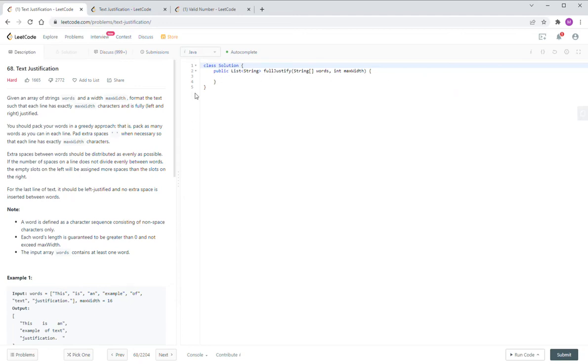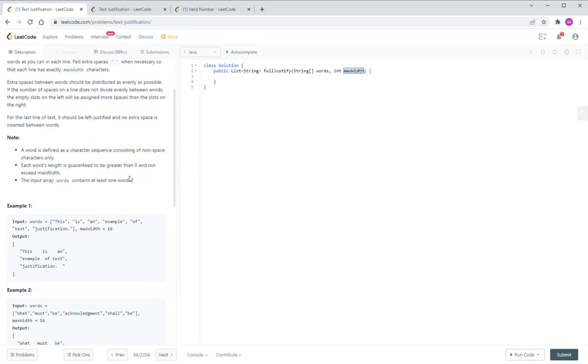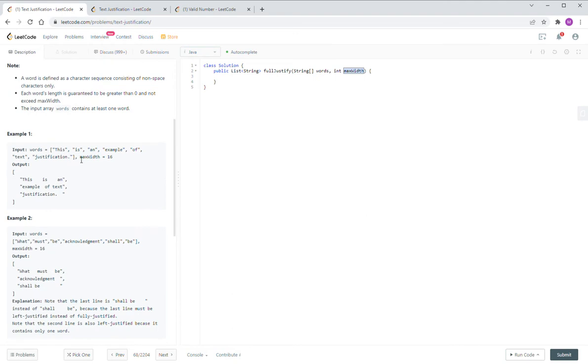Let's look at question 68, Text Justification. In that question, you are given two inputs. One is a string list, a string array. The second one is maxWidth. So in that question, you need